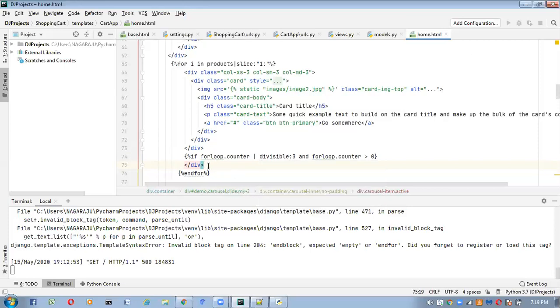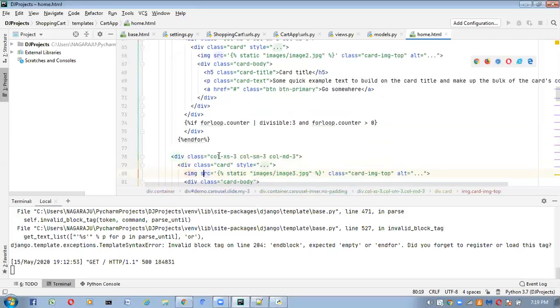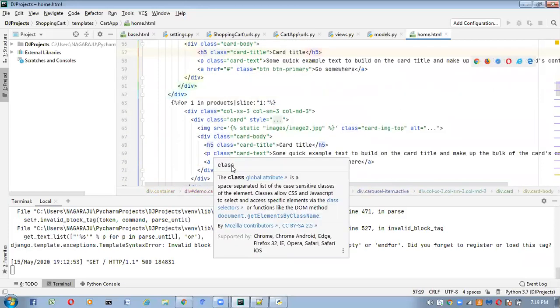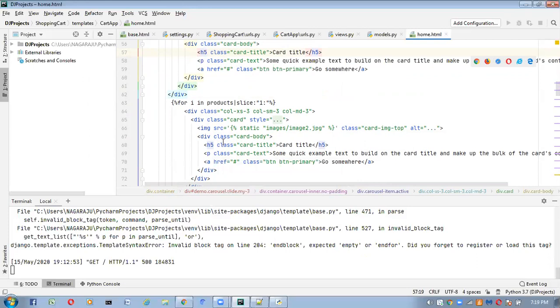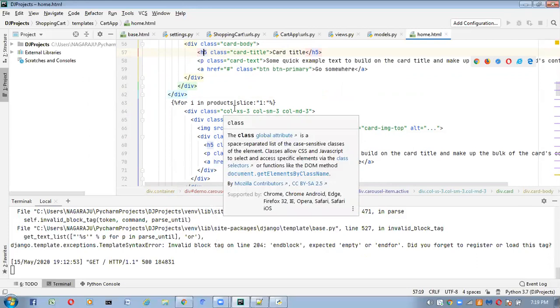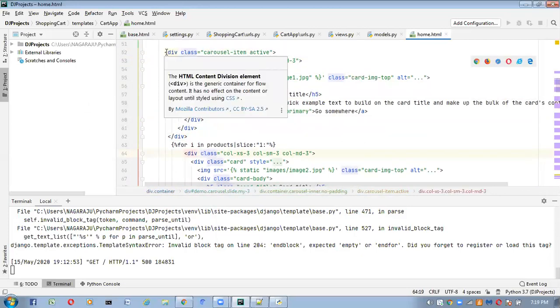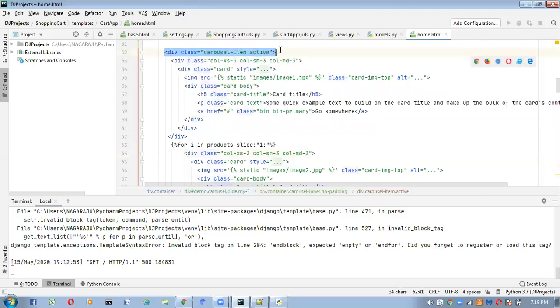Inside this if condition, it will take a new item. Where is that item? Here we have the item. This is the item which we have to take here.